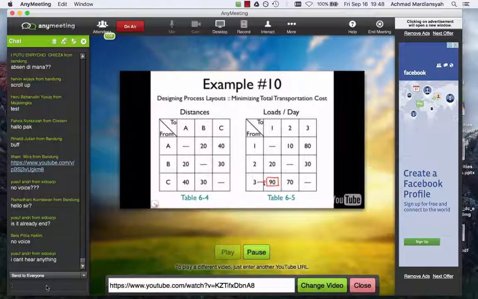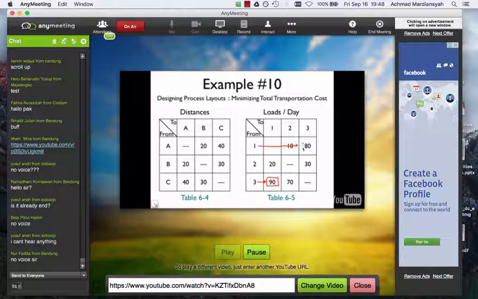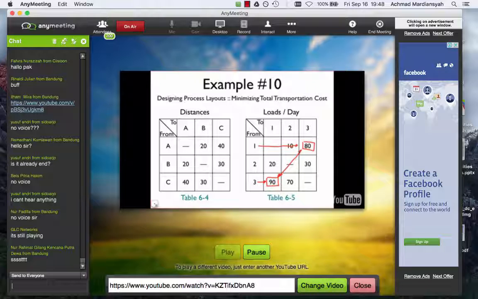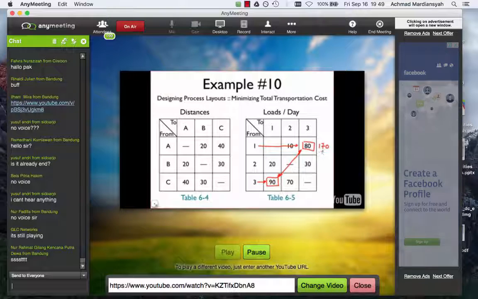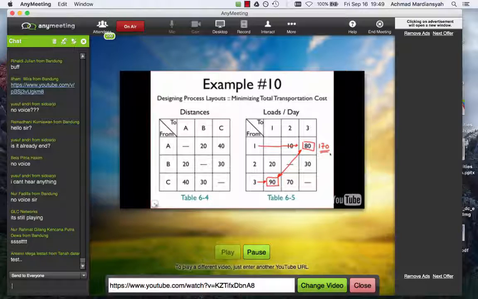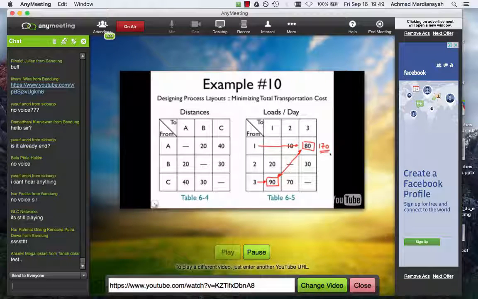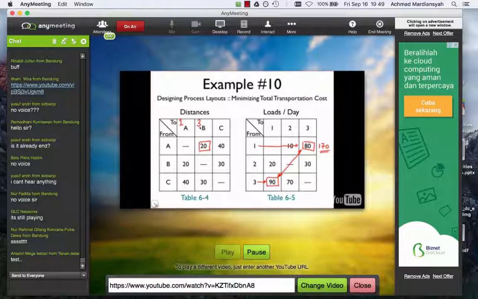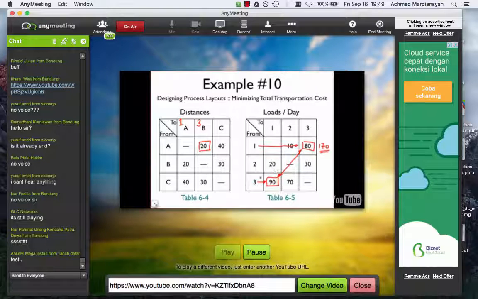So here, from department 3 going into 1, we have 90, and in fact from 1 going into 3, we have 80. So between these 2 departments, between department 1 and department 3, we have 170 units being shipped back and forth between them. That would tell me that I want departments 1 and department 3 to be located close to each other. Now what does close mean? Well, we can go back to our distances and we can see that the smallest distance here is between A and B. So we could just jot down, let's put 1 in A and 3 in B, say.